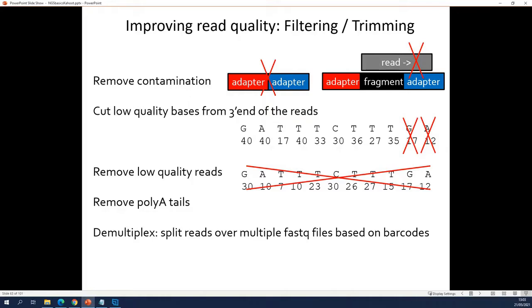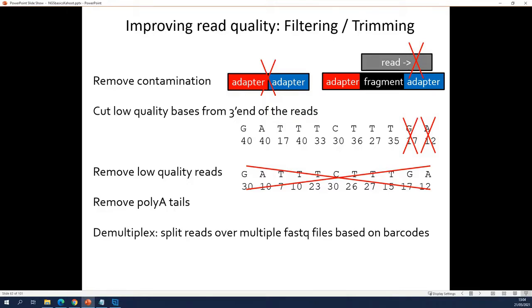So the next step that we're going to do when the quality has improved is the mapping. Aligning the reads to the genome sequence is very slow. You can imagine that. You have to align 8 million sequences to the full genome. That can take a very long time. So you're going to make the mapping as efficient as possible.